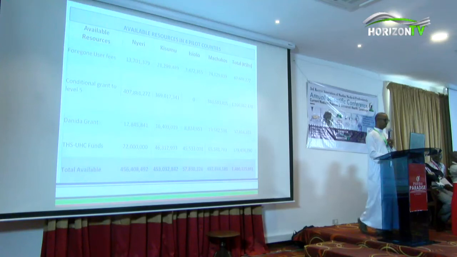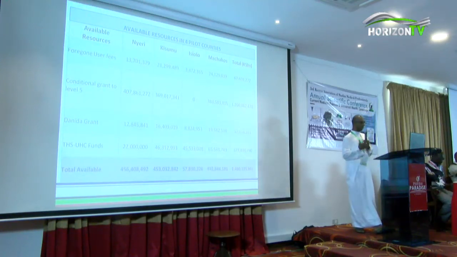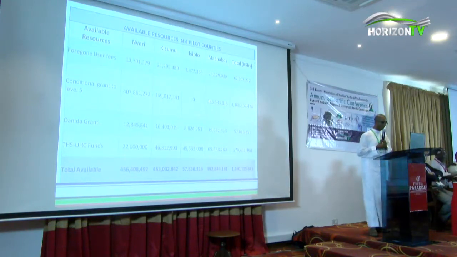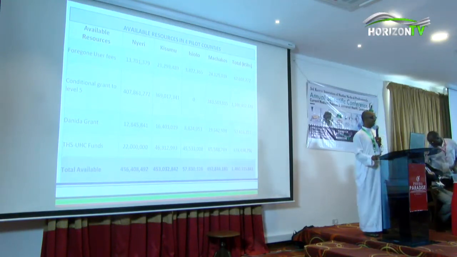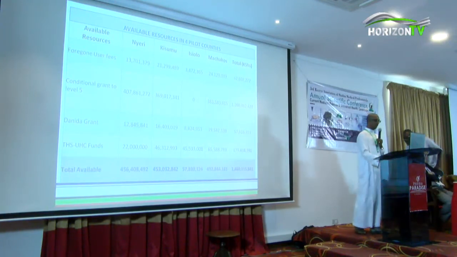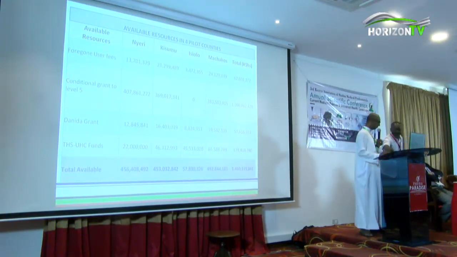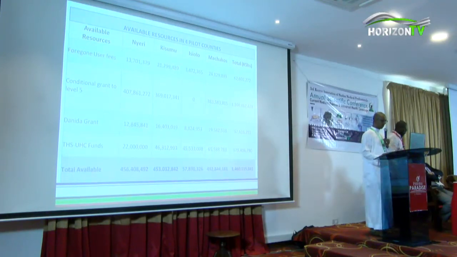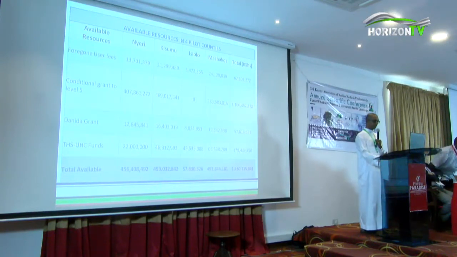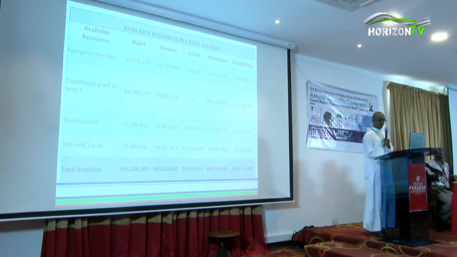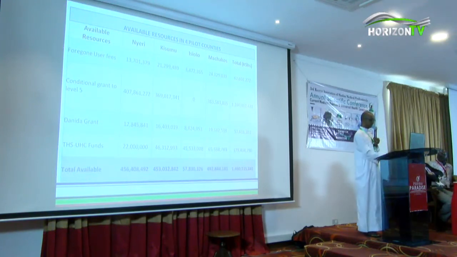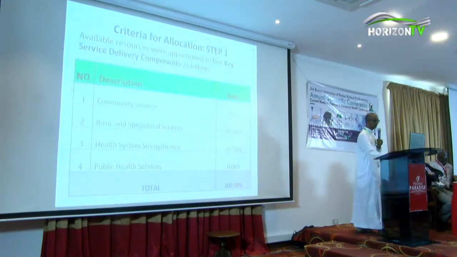So in the 4 counties, how much money is available? First of all, in the pilot counties that I've talked about, there's already money that is going to support the counties. If you look at Nyeri, there's already half a billion shillings. And if you look at Machakos, they have 492 million that they have already received as part of the UHC agenda before we go into the new agenda.